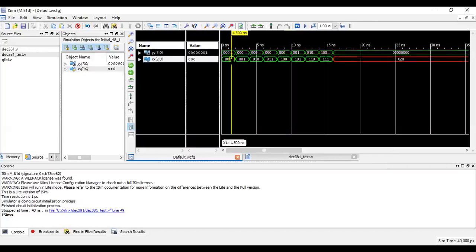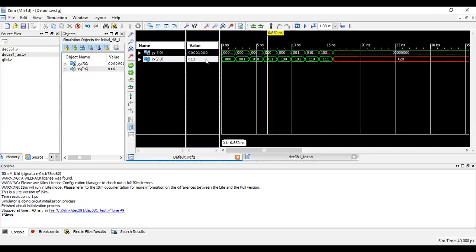Now what is the first combination? 000. According to the truth table, the output should be, the last one should be 1, which represents YY of 0 is 1. The second one, 001, YY of 1 is 1. The third one, YY of 2 is 1. You can see it is reflected over here.